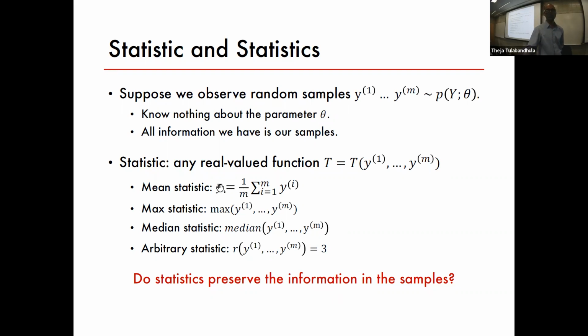Clearly, if I tell you just the mean, you can't tell me what the individual numbers are. So we are certainly not preserving the individual realizations, but sometimes statistics do preserve something. What is that information? That's the information related to the underlying parameter of the distribution. So the mean statistic can potentially inform something about the underlying parameter. Not always, because there are so many statistics, arbitrary functions, that we can create. But some statistics may help in preserving some information about the distribution that generated this data.